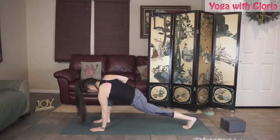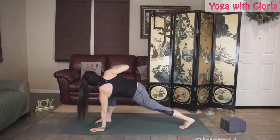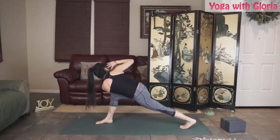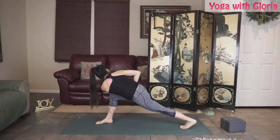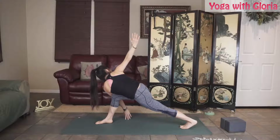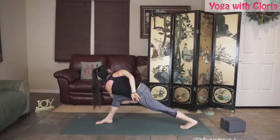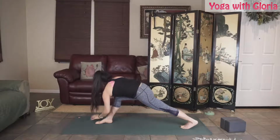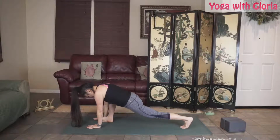Go ahead and bring that left hand down for an easier twist, or you can opt for the harder twist, elbow hooking past the knee for a high lunge twist. Option to open the arms, option to take a backward bind, and then windmill the hands down, step it back,